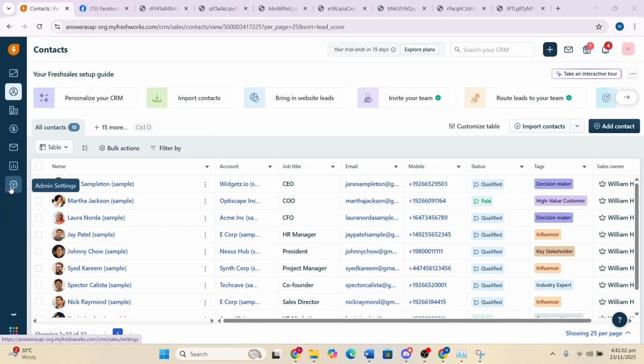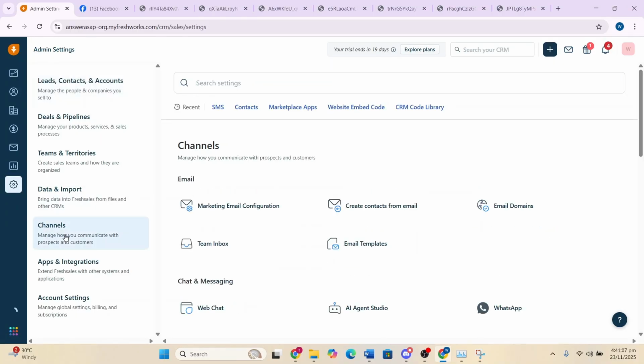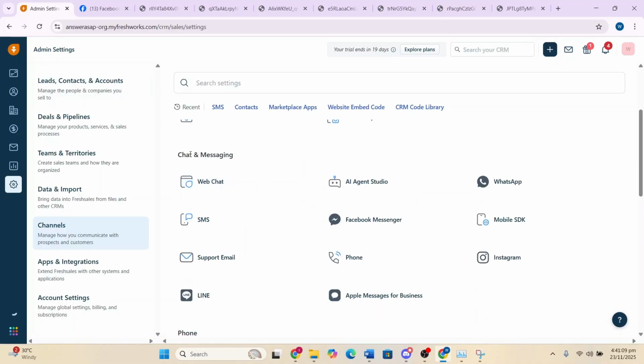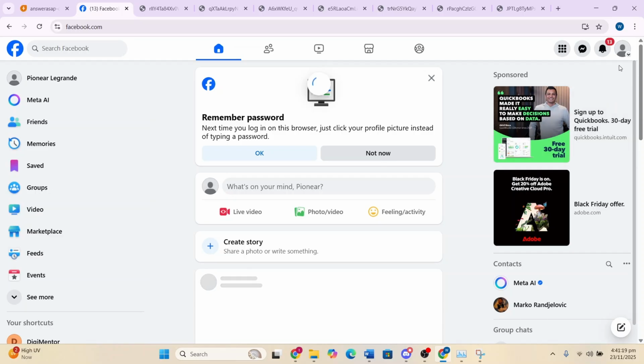and click on admin settings, click on this gear cog, and what I want you to do now is click on channels, and then from here I want you to scroll down until you see chat and messaging. You'll actually see WhatsApp. So go ahead and click on WhatsApp, and I'm already logged into my Facebook account, which